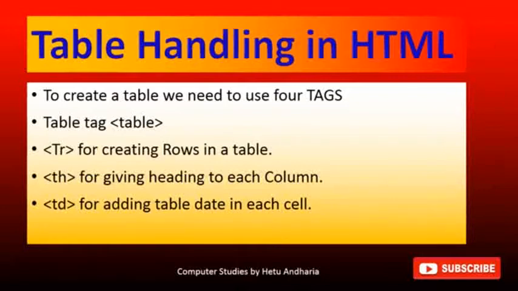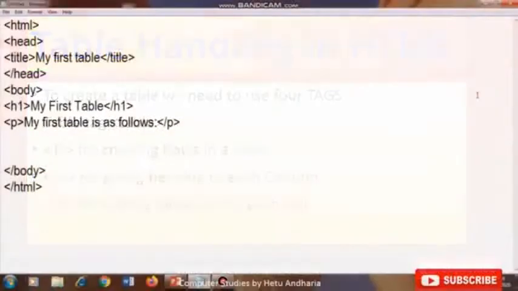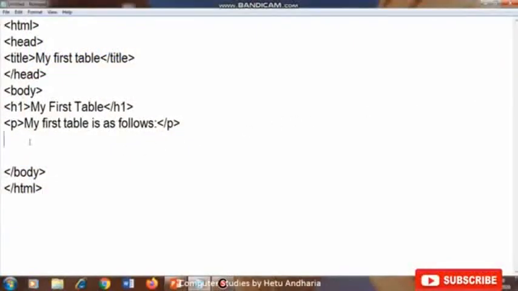Now we will create a sample table, to understand how a table is created in an HTML document. Now we will create our first table.